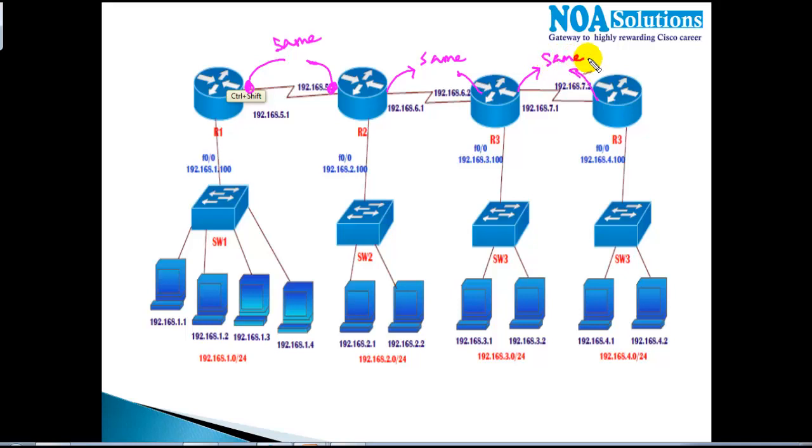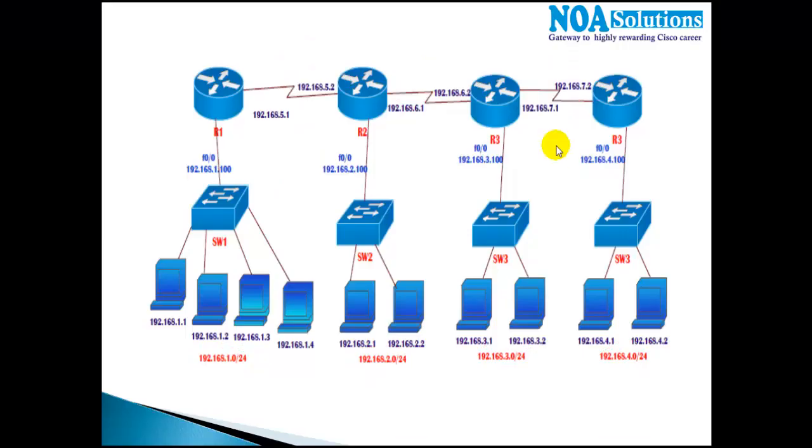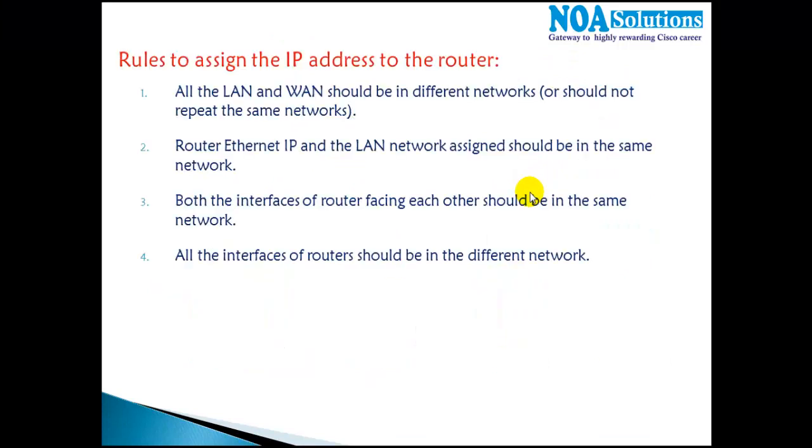Now if they are on different networks, again it will affect the communication, so ensure that these two are on the same network. And again, I can use something like 192.168.5.1, 5.2, 6.1, 6.2 and 7.1, 7.2. And I'm already using the 1 dot network, 2 dot network, 3 dot network and 4 dot network, 192.168. And I need to use any other network which I'm not using in my network. So I'm going in order, 1, 2, 3, 4, 5 here, 6 here, 7 here. Okay, so ensure that we are not repeating the same network again.